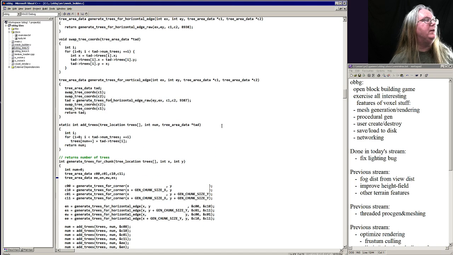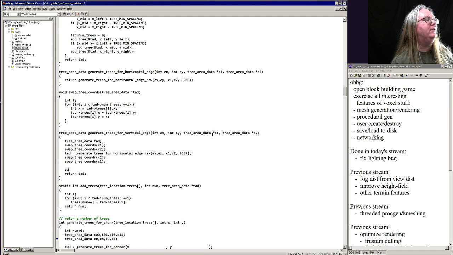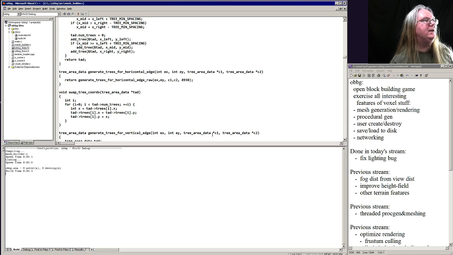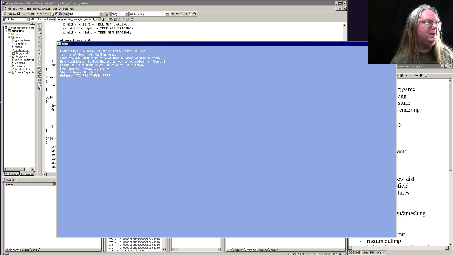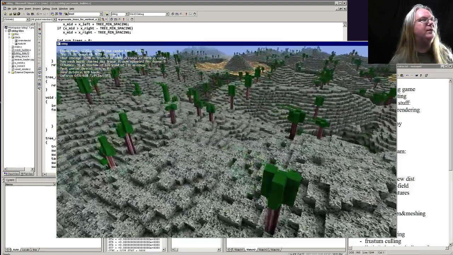Well, so one possibility is that this logic is wrong. Oh, I don't swap those. Those are generated, and that might be causing the... That might actually be what's causing trees to be too close to each other. I still want to fix the height mismatch thing that's causing the weird tree shapes, but okay, those are clearly